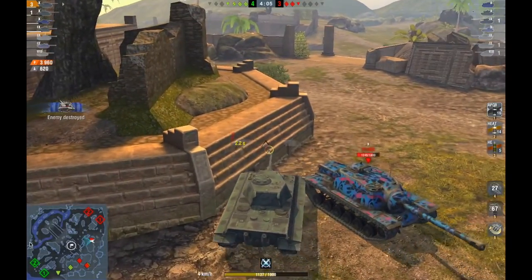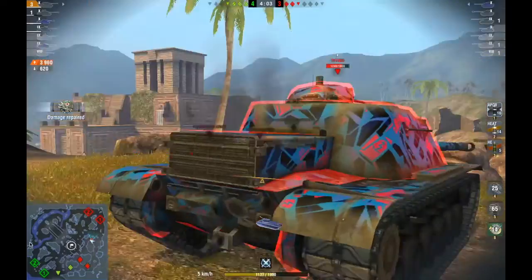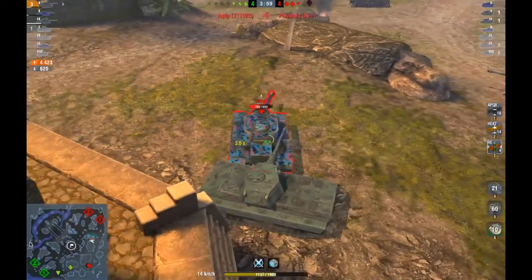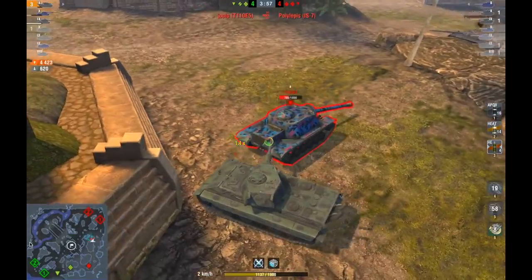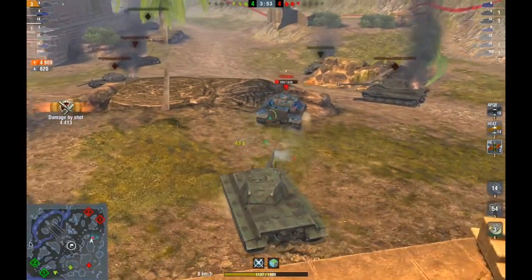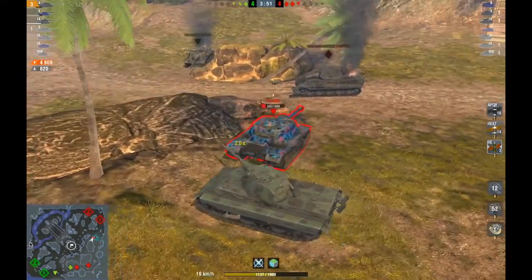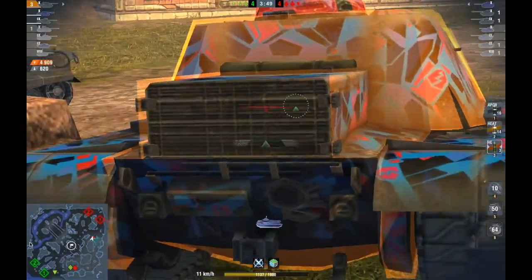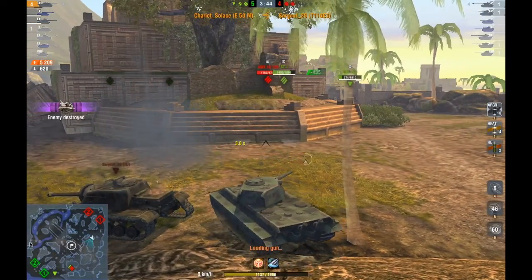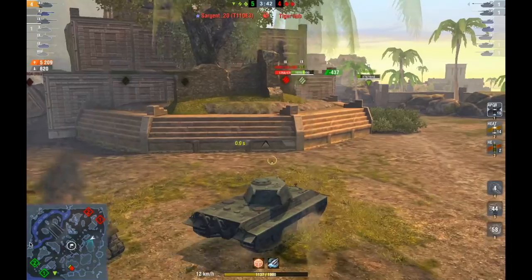Or like imagine the T44 with the 175 millimeters of penetration it has going up against an IS-7. Or even an IS-4, or at the time, the Object 140, which would just be able to spam HEAT right through your side, your tracks, and absolutely burn you down. +1, -1 matchmaking is better for the game. You heard it here first on the DMG channel. Anyway,